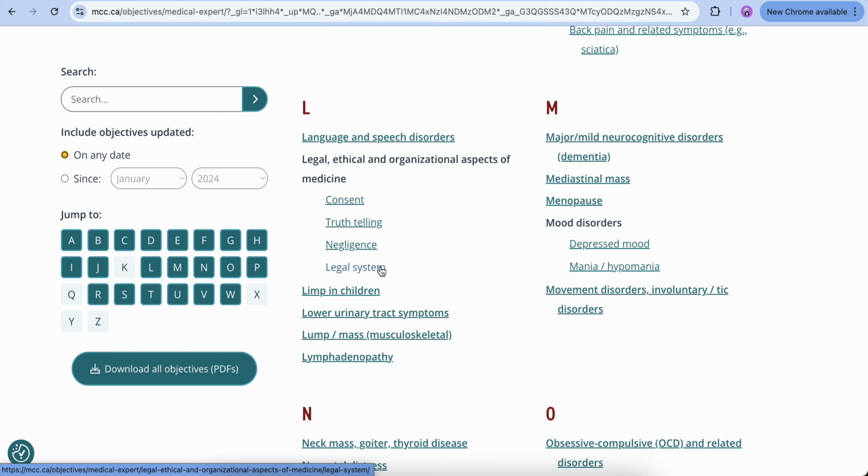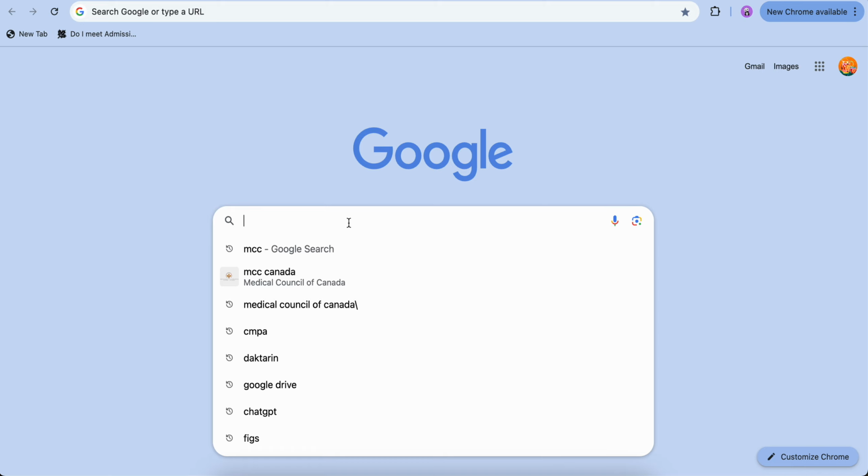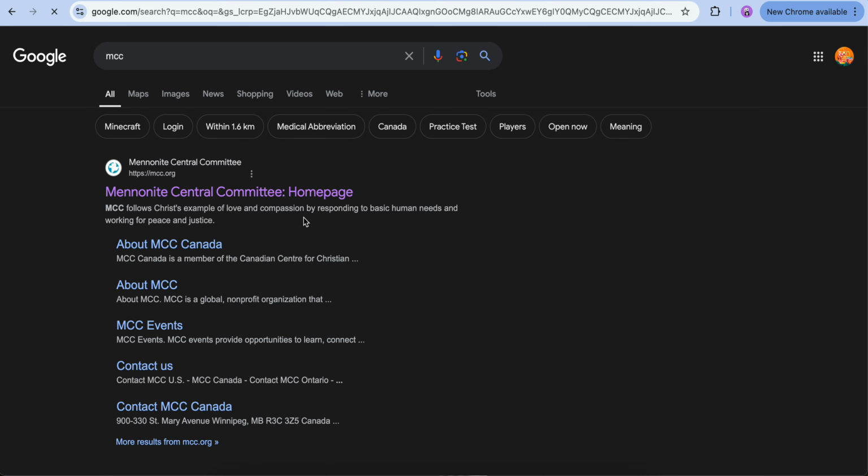They have given you the topics. That's good because it helps you to see where you are in terms of remembering things and understanding the process. But they have given you multiple different things which you also have to navigate. Let me take you through the MCC website again, and then we can jump to the CMPA website. Oops, my bad.